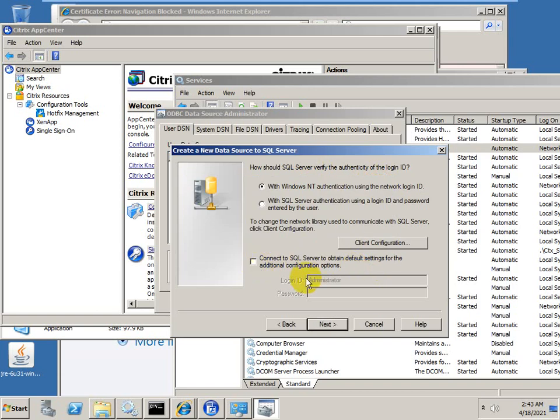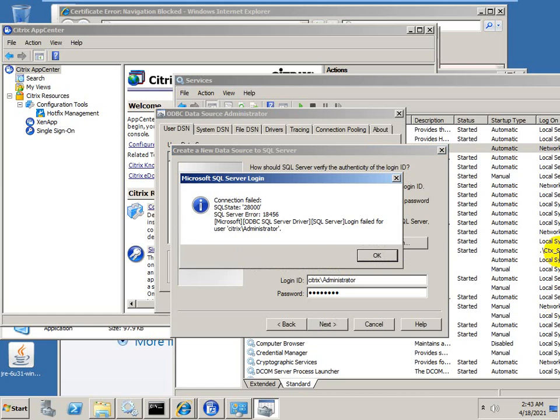It's showing failed. I'm going to use Citrix slash administrator and password. Now I'm connecting. Again, it's showing connection failed.